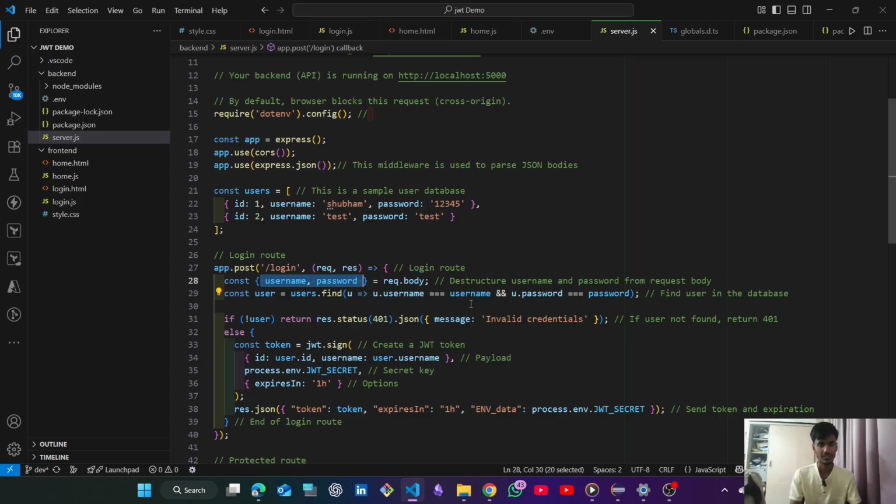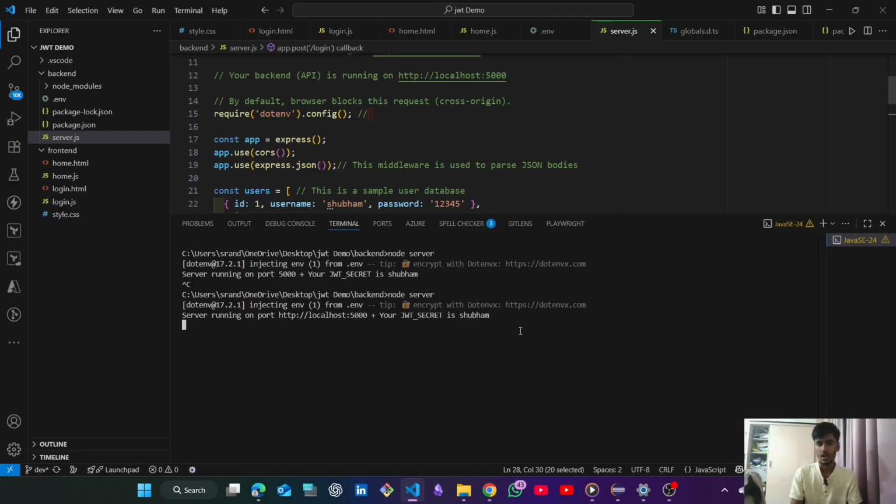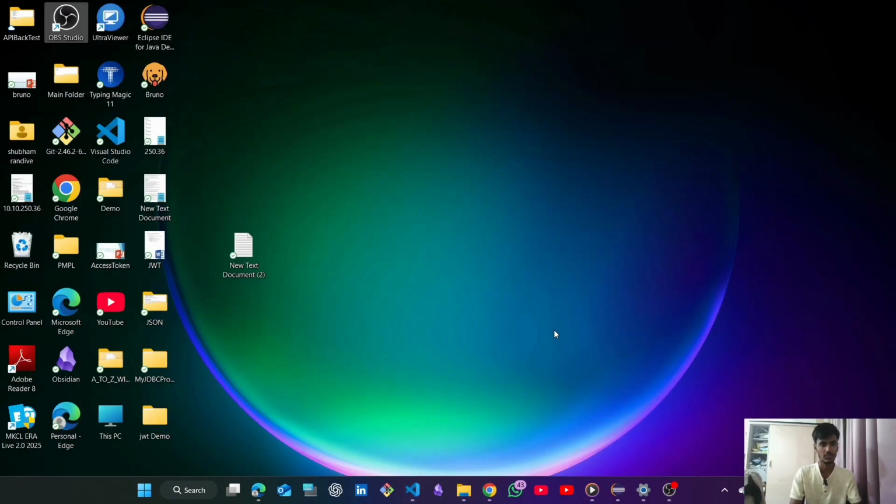So guys, after seeing how to get the access token and how to read the access token with the help of our browser, after that we will see here how to test and how to get our access token with the help of Bruno, as well as in Bruno we will see how to decode it, how to read the information which is embedded in that particular access token. So simply for that, if you click on Bruno and open it,